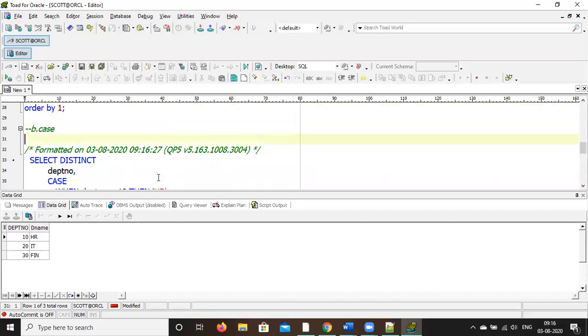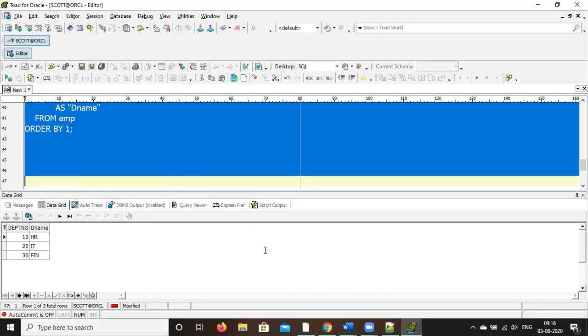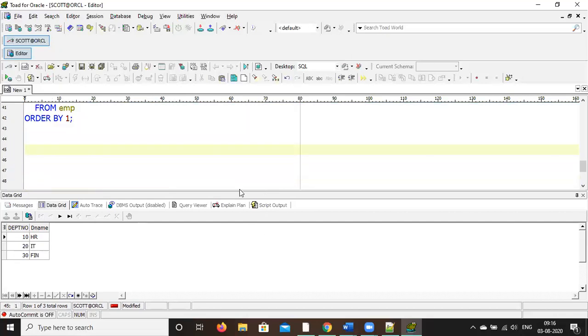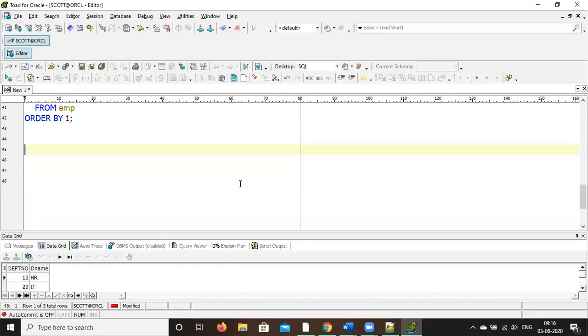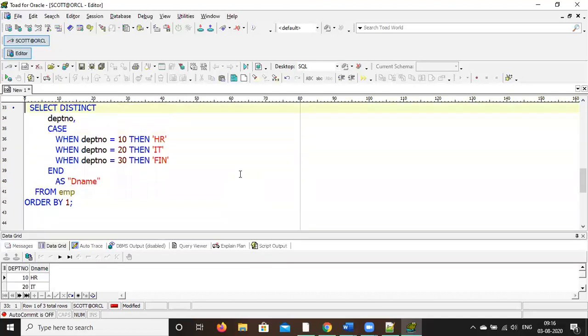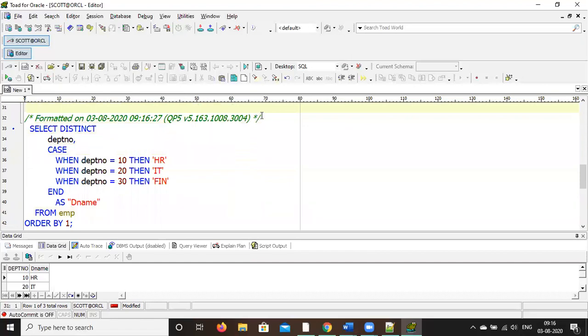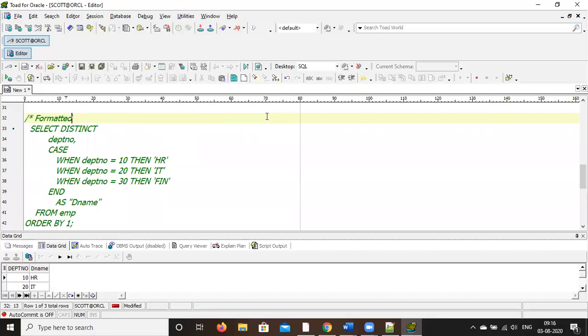Remove that formatting line, the comment one, that line you can remove. That is a comment. Okay, so this is the format.